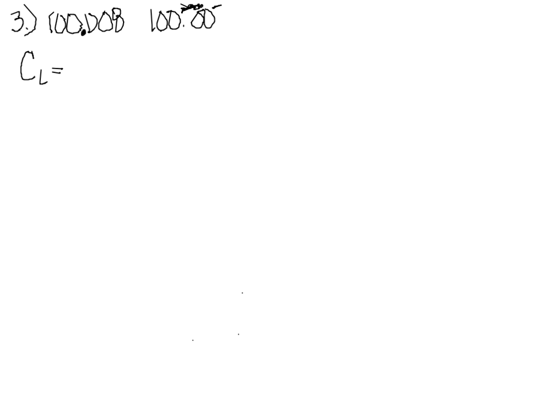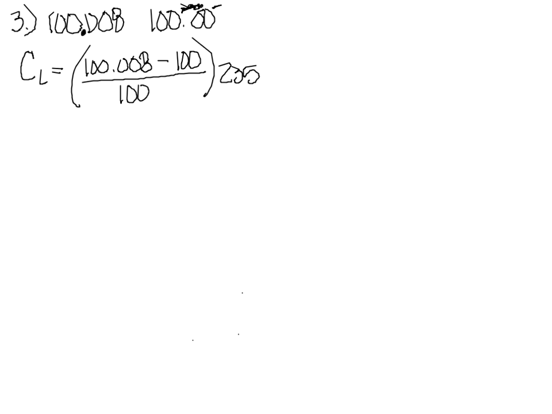So our correction for length is equal to our actual tape length minus our nominal length divided by our nominal length times the distance that we measured. Okay, which gives us